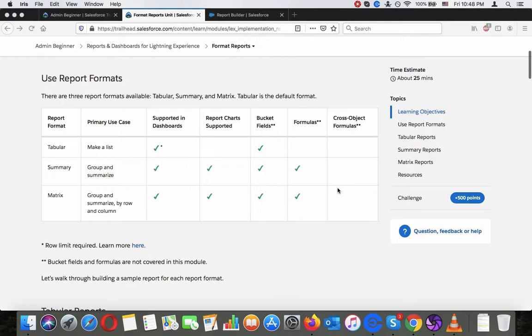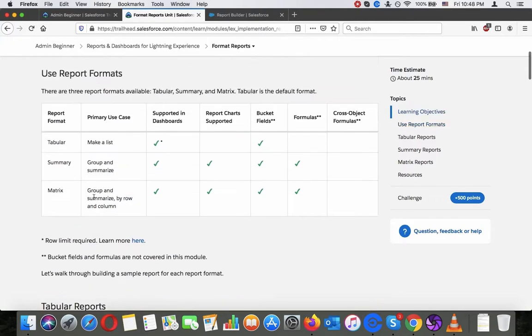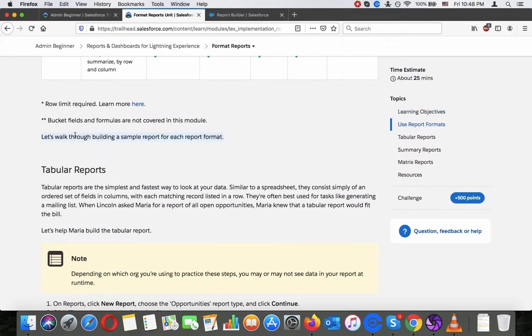There are 3 report formats available: tabular, summary, and matrix. Tabular is the default format. You can see the comparison here. Tabular is for making a list as the primary use case. Everything is supported by the report charts, and now we have the summary report. Its primary use case is to group and summarize, and the matrix report format to group and summarize by row and column. So these are the differences, and then there are some limits, but anyway, let's walk through building a sample report